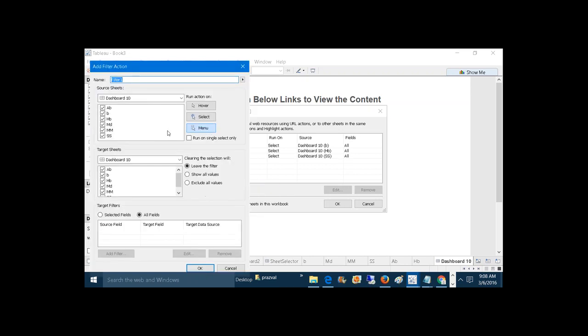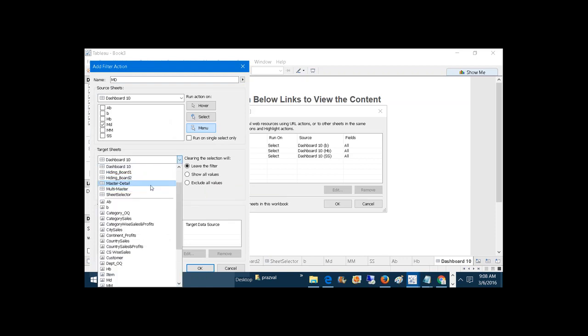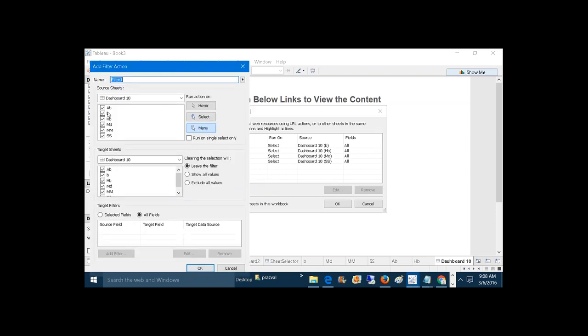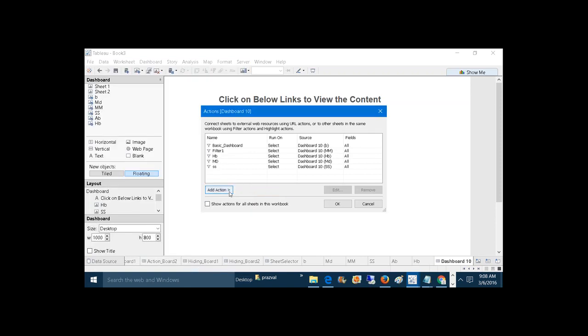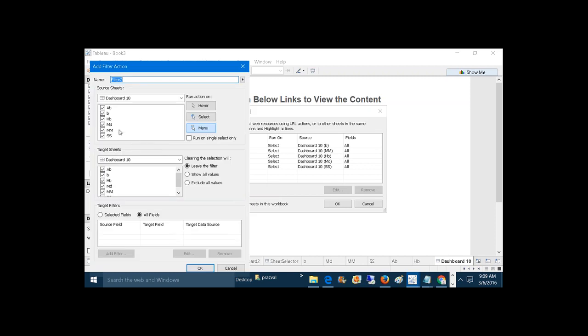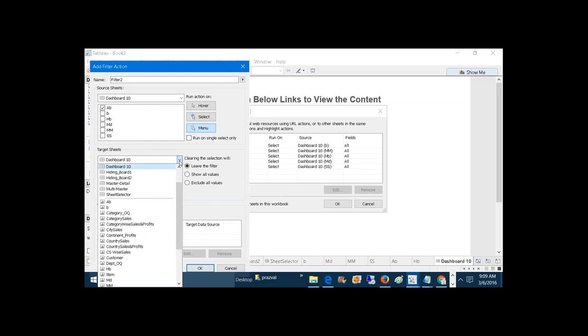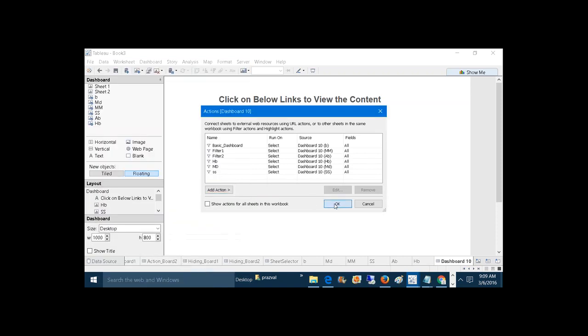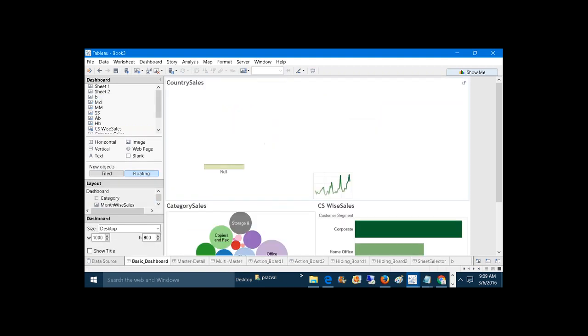Now add one more action, master detail. Uncheck all the sheets. Target is master detail. Run using select, hit OK. Add action, filter, multi-master. Select, hit OK. So just go to the action again. So now just select action board, the last one, and the target is just the action board. Just run action and select, hit OK. Now hit OK. Now if we select any link, Tableau will navigate to that particular